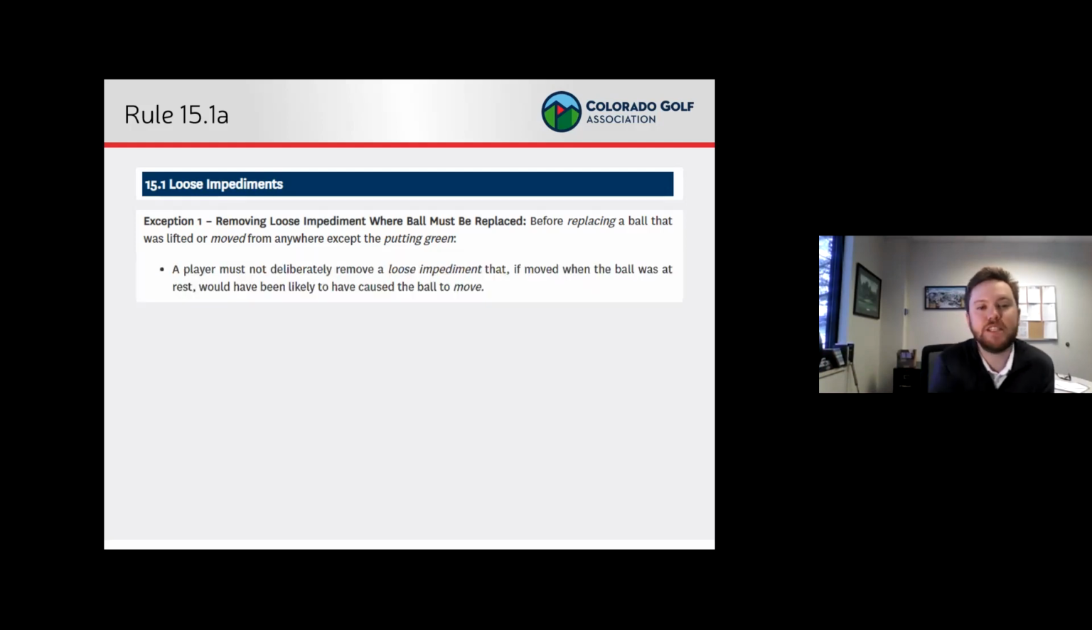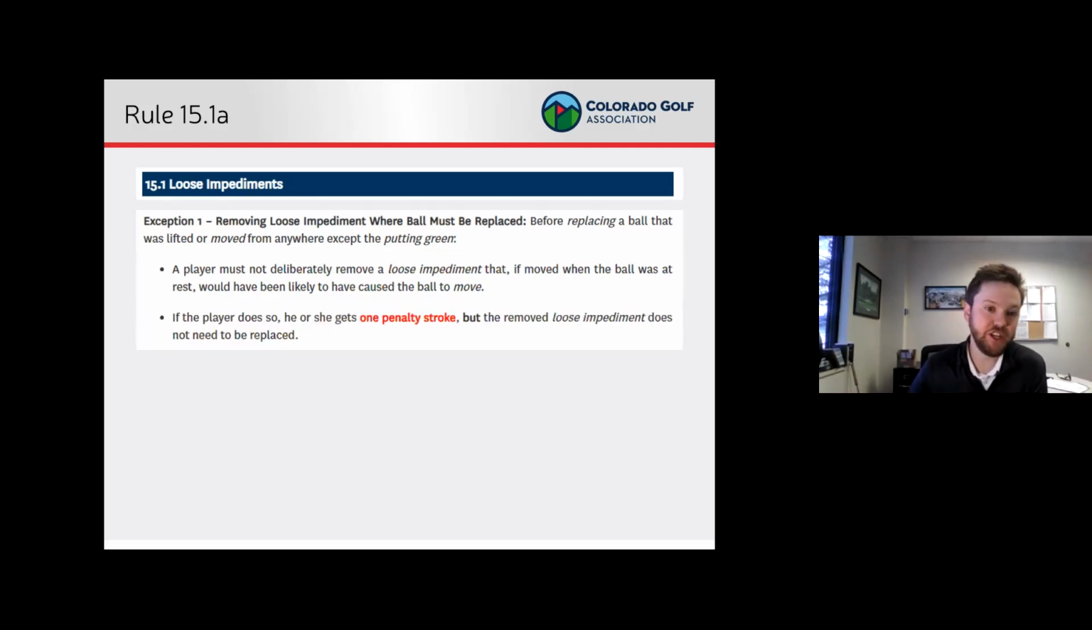But it says a player must not deliberately remove a loose impediment that, if moved when the ball was at rest, would have likely caused the ball to move. If the player does so, he or she gets one penalty stroke, but the removed loose impediment does not need to be replaced. So as soon as you do it, this is an instantaneous penalty,